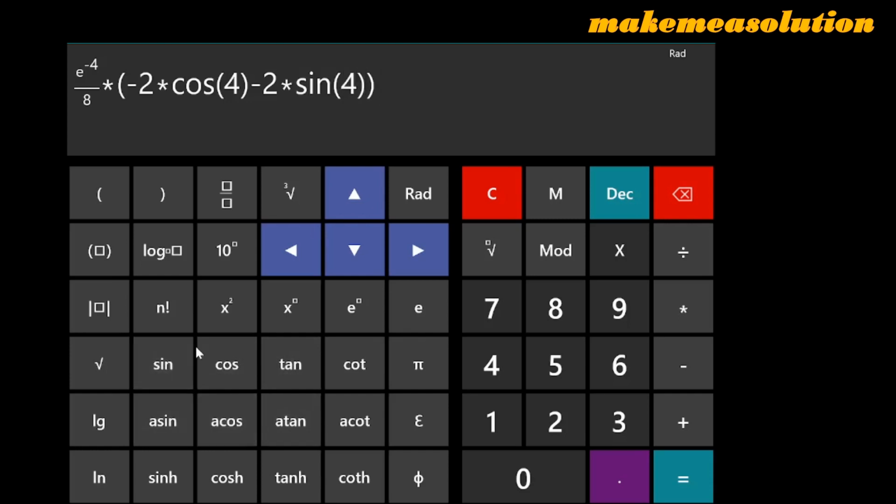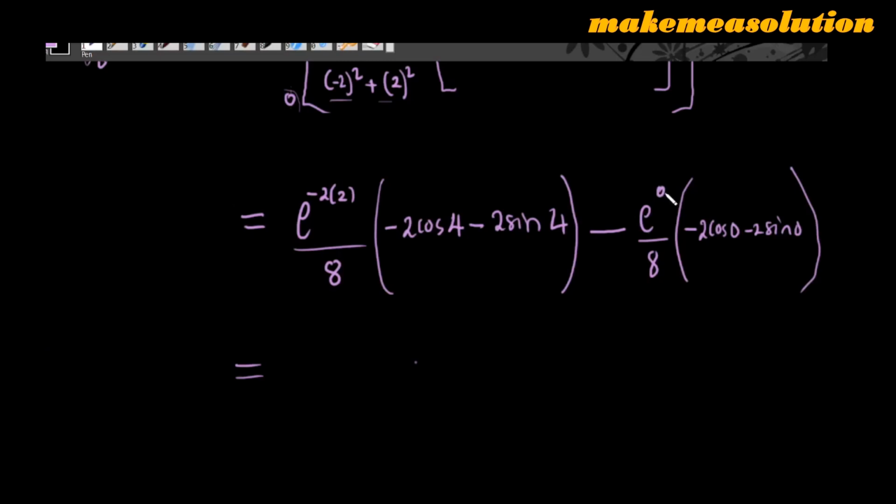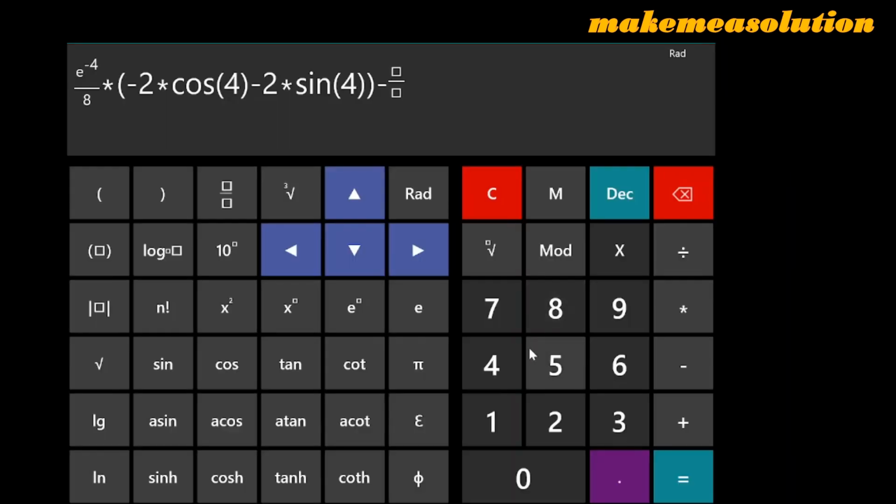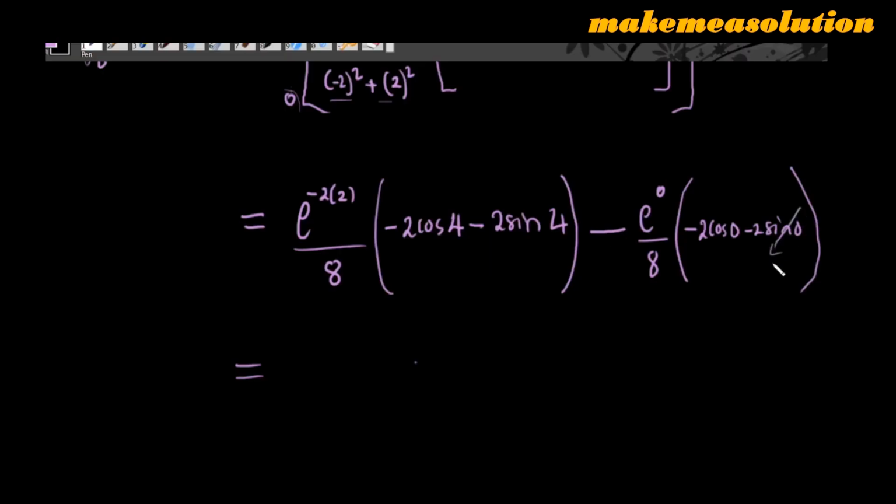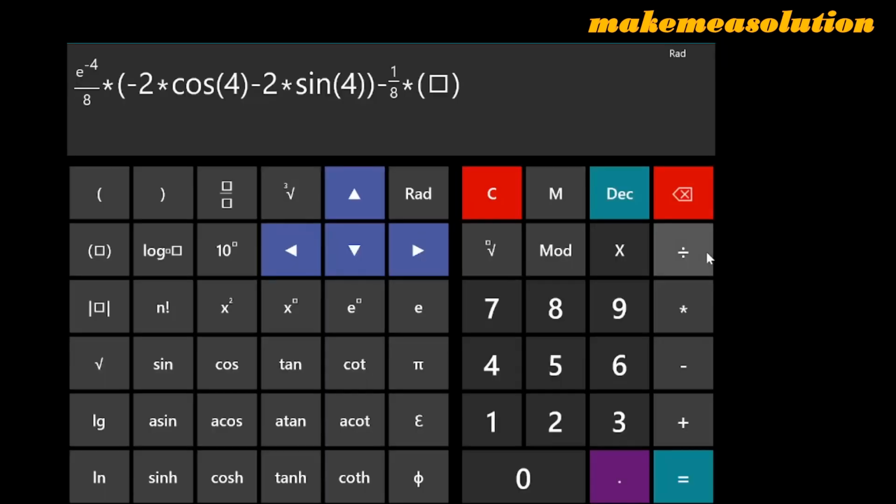So we are going to subtract this from the same thing. This time around, we already know that exponential 0 is 1. So you have 1 over 8, then times, open bracket, you now have minus 2. Sine 0 is 0 even in radians, cos 0 is 1 even in radians. So the only thing in this bracket will be just minus 2. So when we evaluate, this is what we get. So this is the exact value of this particular problem,